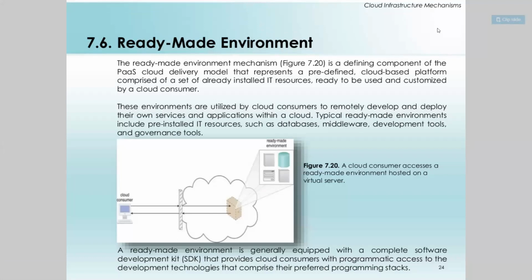Like if you want to go for PaaS, then you can go for a platform as a service, SaaS, and so on. Basically a ready-made environment means your cloud delivery models are already ready-made. All your IT resources are installed, and according to the customer's requirement you can do the customization. Like the customer says I want this add-on software, or I want this platform also, I want to add this to my infrastructure. Your platforms are already ready, but any customization, if required, can be done as per the consumer's choices.